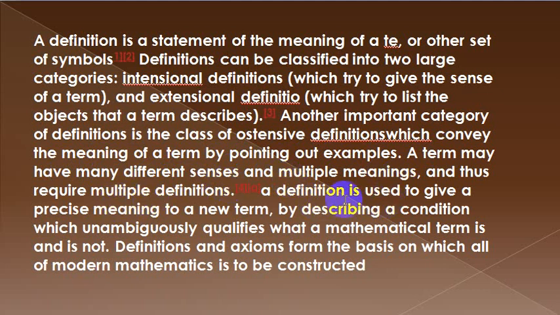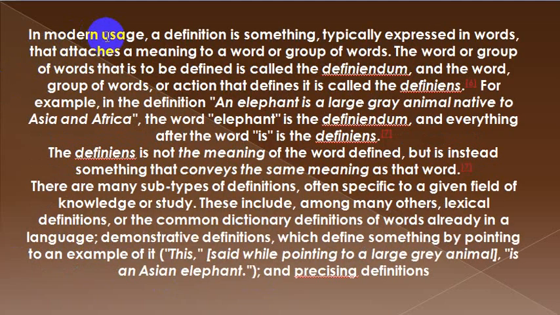A definition is used to give a precise meaning to a new term by describing a condition which unambiguously qualifies what a mathematical term is or is not. Definitions and axioms form the basis on which all modern mathematics is to be constructed. In modern usage, a definition is something typically expressed in words that attaches a meaning to a word